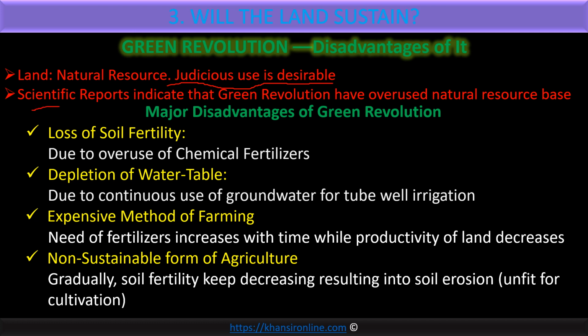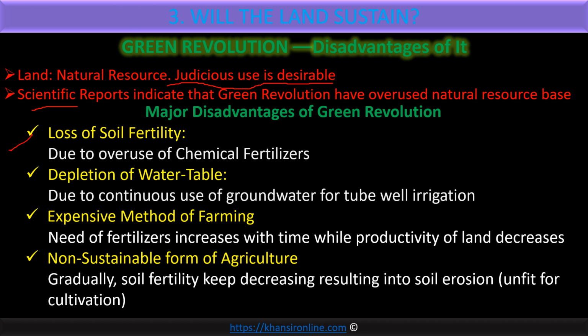Throughout the world, even in India too, several reports came out by some very prestigious organizations and research institutes that in the long run the green revolution would be very harmful for the country. Even the father of the green revolution in India, MS Swaminathan, had also told once that in the long run we will be in trouble, our society, our sociology, and our economics would be troubled because of the green revolution. So let us see what are the disadvantages of the green revolution. Disadvantage number one, loss of soil fertility. What is the meaning of fertility? जमीन की उत्पादकता, जमीन की जो कैपेसिटी अनाज पैदा करने की, that is known as fertility.